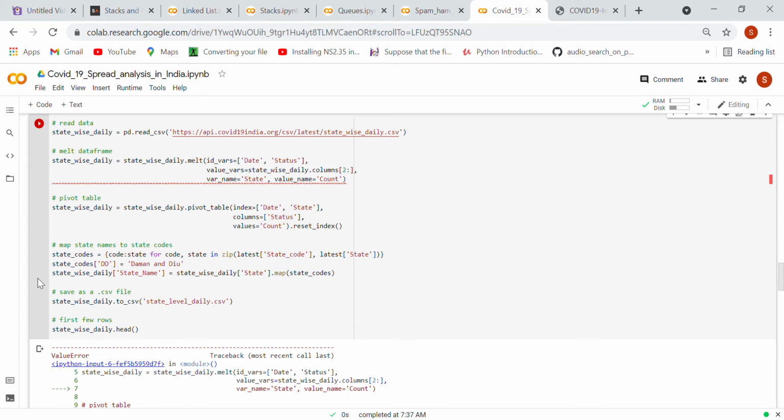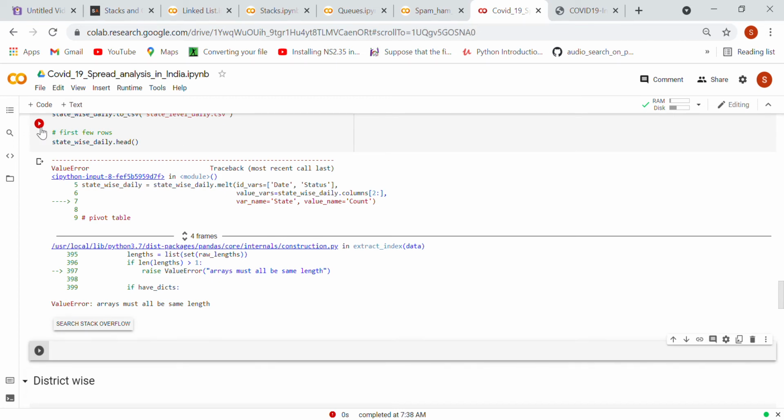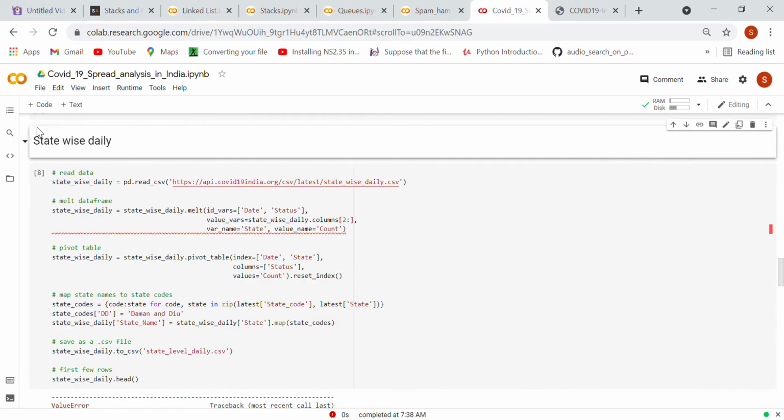So see here, it is giving you an error on line 7. Okay, so based on that, let me rerun it. It is still giving an error, and in the error it is saying arrays must have the same length. So might be the arrays are not of the same length.